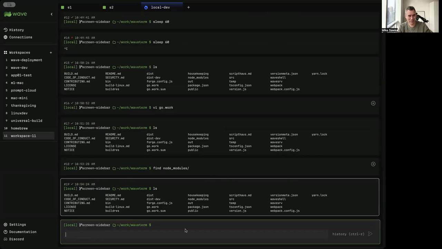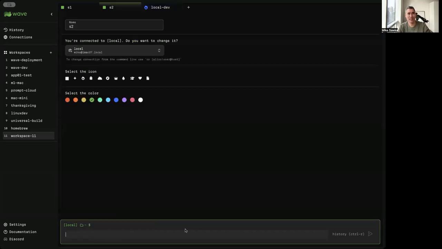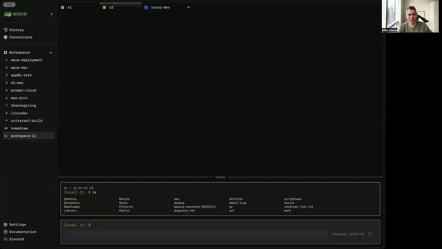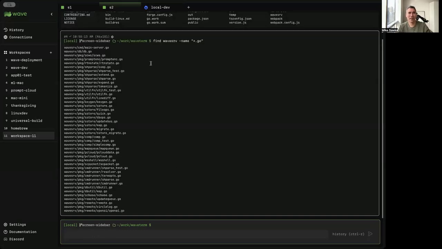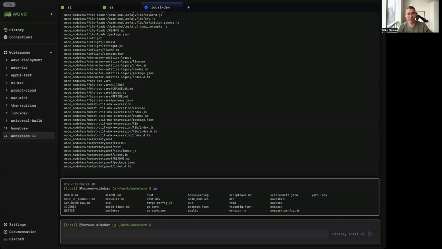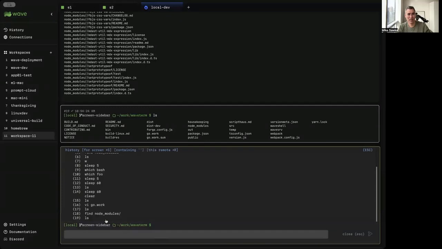One of the great parts of Wave, though, is that it can combine history from multiple tabs as well. So I'll switch tabs, and I can run ls and then, let's say I want to do a find for "wave" search. Okay, and now if I switch back to this local dev tab and I hit Control R, I only see